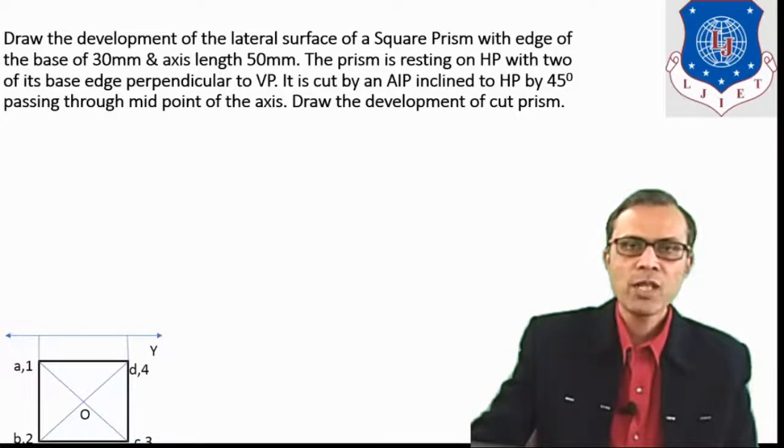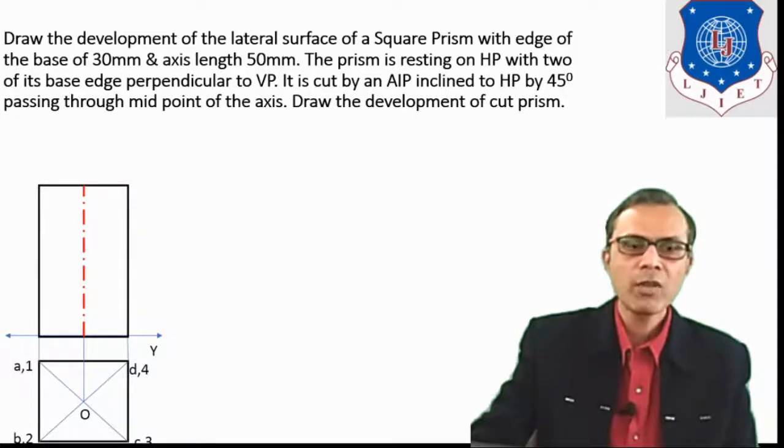Now draw the projector. Also draw the projector from the center point, and axis length is 50 mm. So here we are considering this axis which passes through the center point, and we know that the format of axis is long chain thin. It means long dash short dash in alternate format. So we have to consider this height as 50 mm. So here it is a front view of the given prism having height 50 mm.